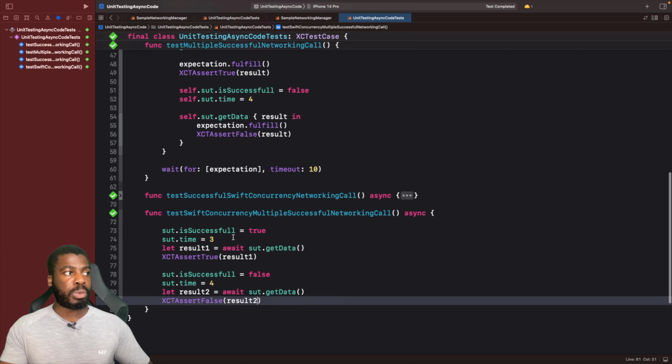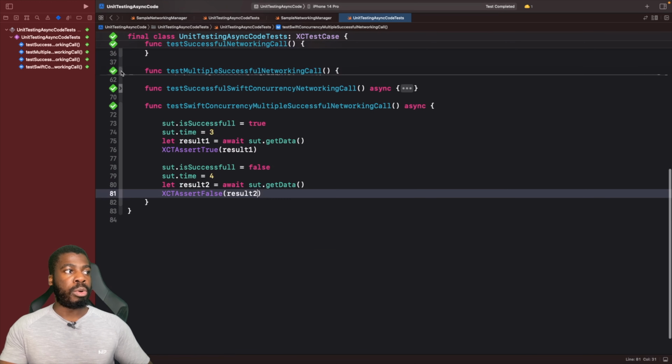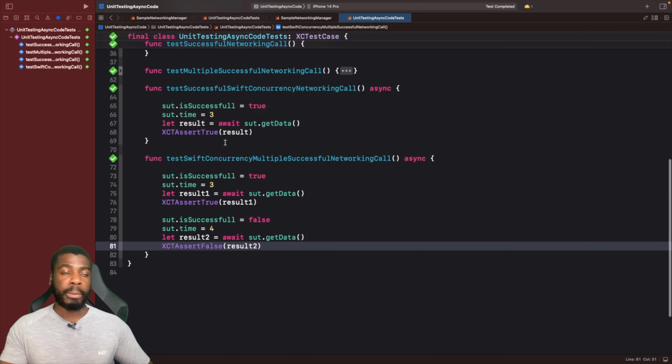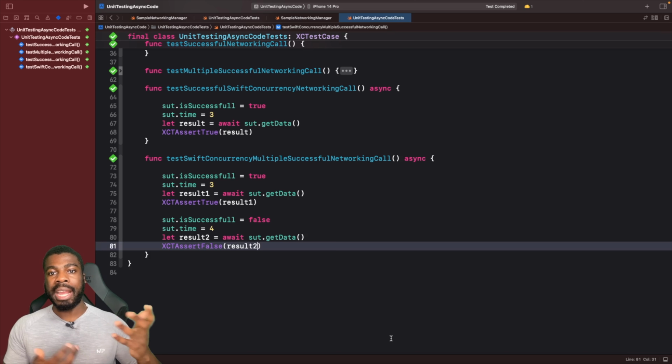Now, something else as well, I don't know if you've realized it, but when we're working with Swift Concurrency and doing unit tests asynchronously, we don't need to say wait for expectations or use expectation. Marking the test with the async keyword is all we need to do, and we just use await. So this is, in my eyes,